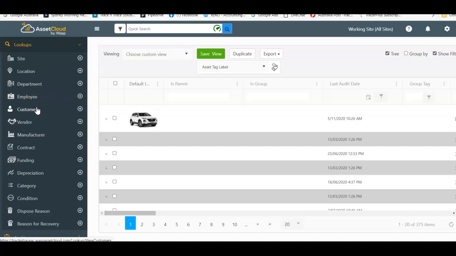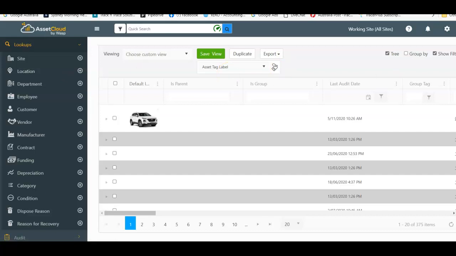We actually use it for our customers. We have a fleet of over 130 PDA scanners that we rent out or loan out to customers, and this is a great way of us tracking all of those assets out to them. But for a lot of our clients, it's just tracking with employees. Vendors, manufacturers, there's a whole lot of information, categories, what type of asset it is, that you can load into it, and you don't have to manually type these in. You can preload them all in by bulk loading in via tables,